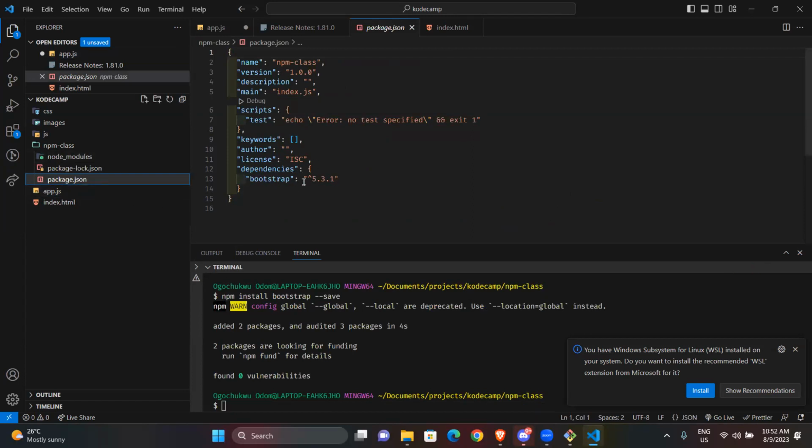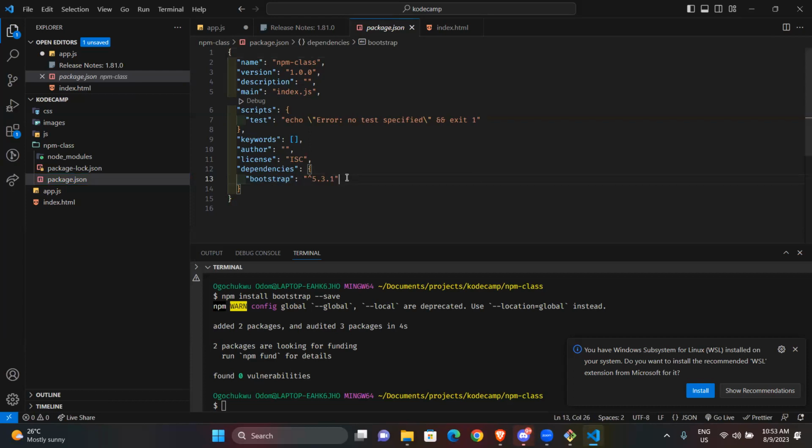Inside these dependencies, you have things that you're going to use. What will I call them? These are like helper code or something. These are packages.